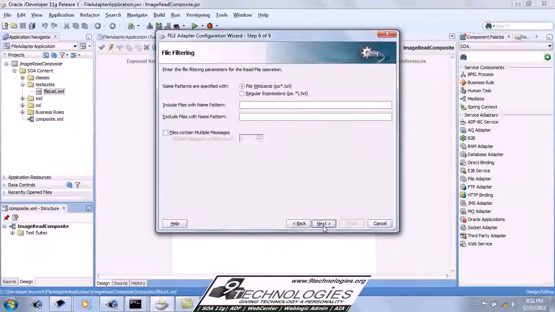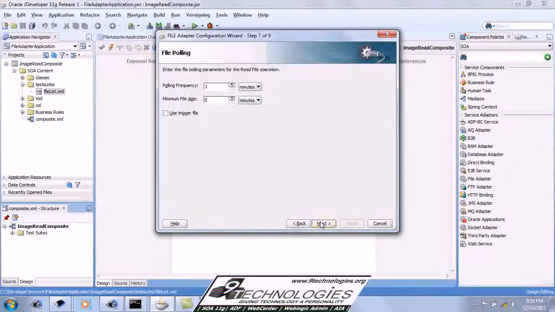Click on next. So what type of files do you want to read? As I told you, this sample is for reading an image file. I am giving it as star.jpeg. So I am reading the file which ends with an extension called star.jpeg. I am clicking on next. So I am setting the polling frequency to 10 seconds